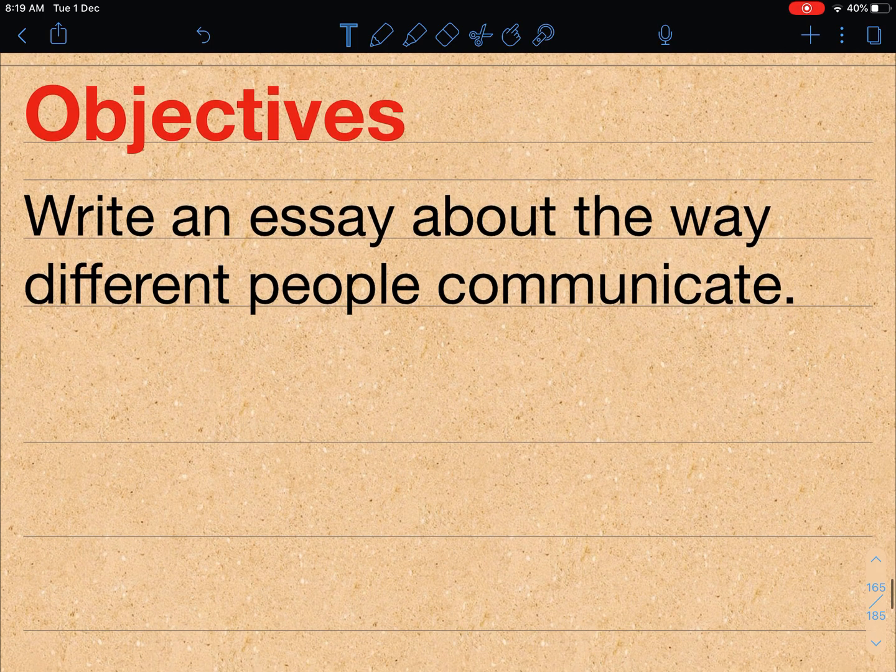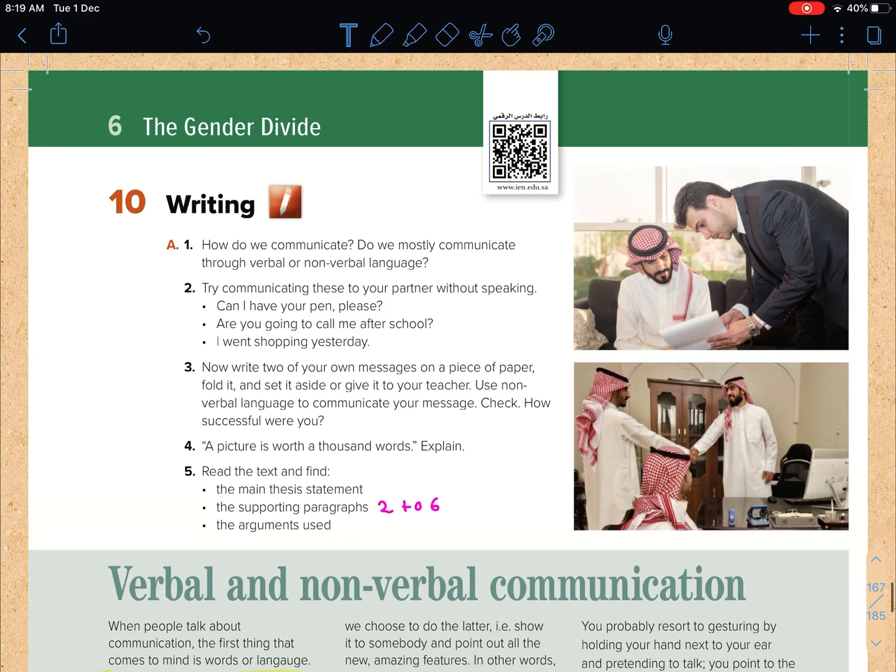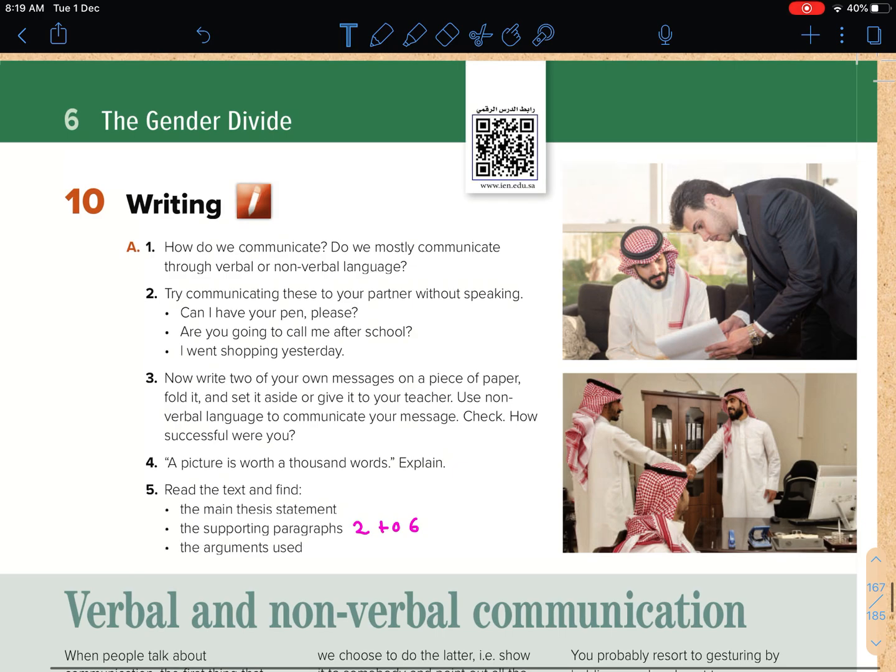Now let's take a look at the objectives in this lesson. After the end of the lesson we will be able to write an essay about the way different people communicate. راح نكتب مقال عن كيف يتواصل الأشخاص المختلفين. Okay? So right now, please move on to pages 90 and 91 and follow up with me as I explain